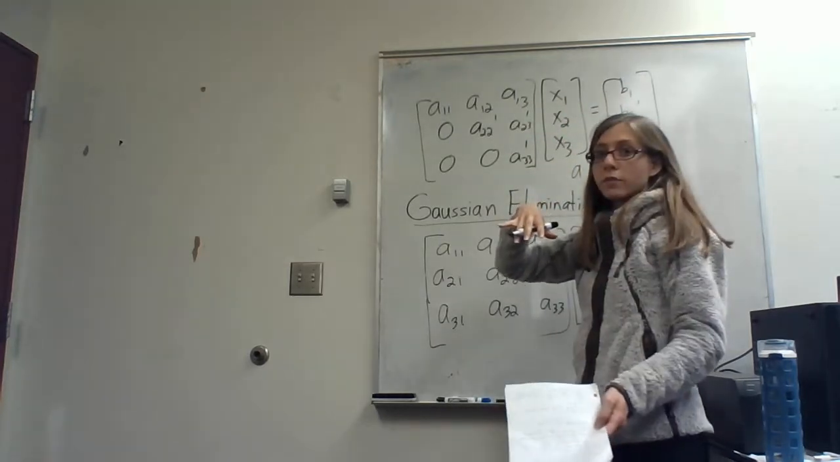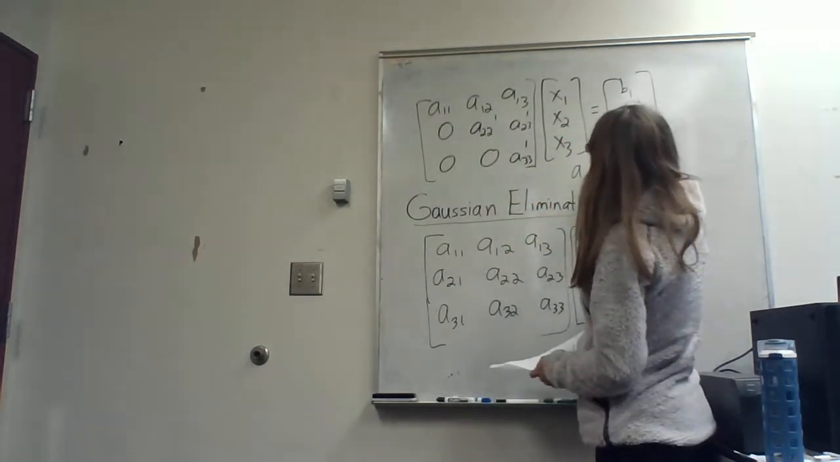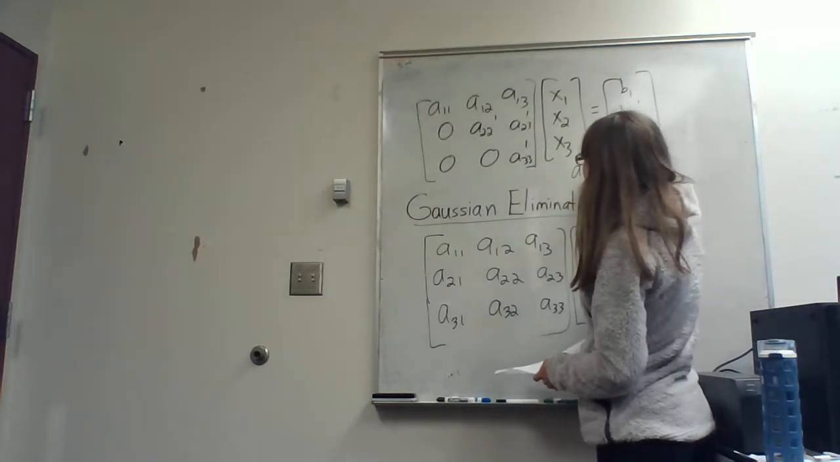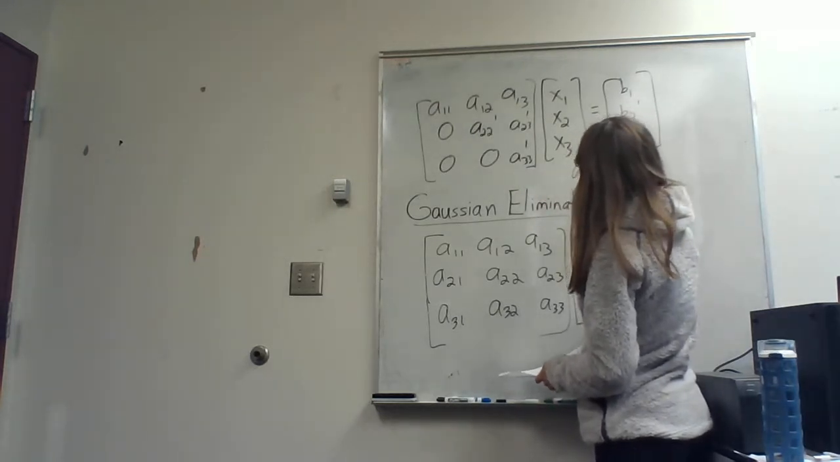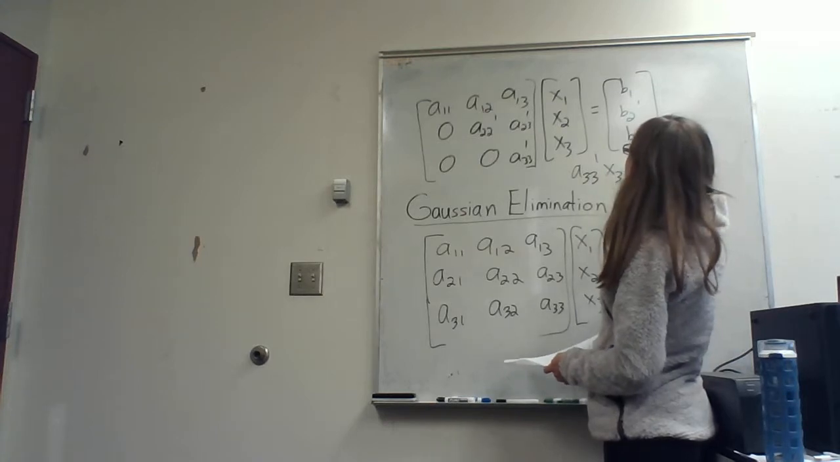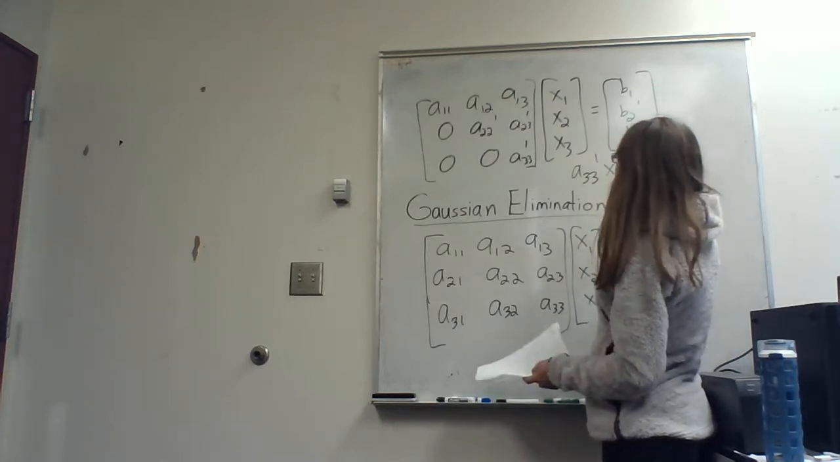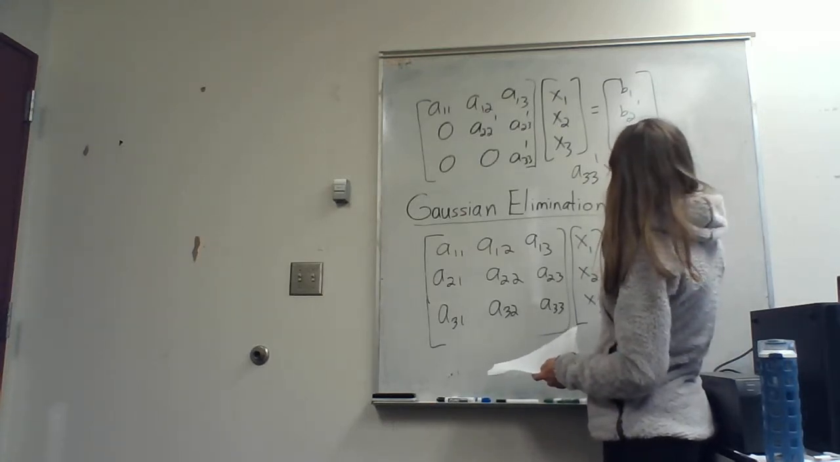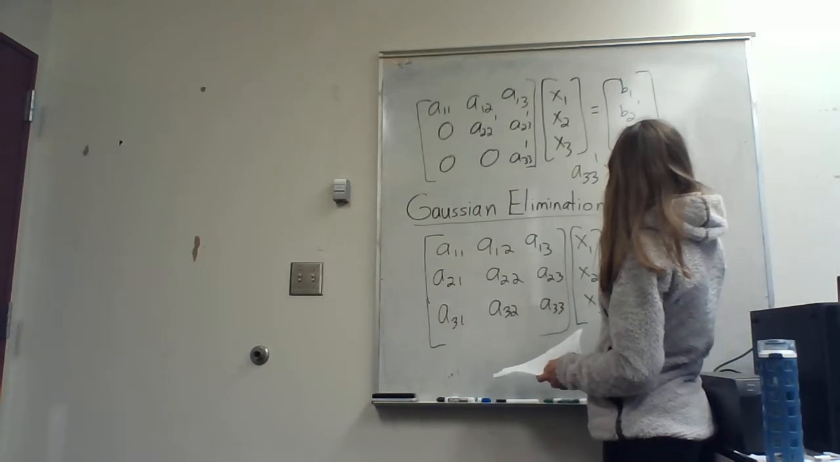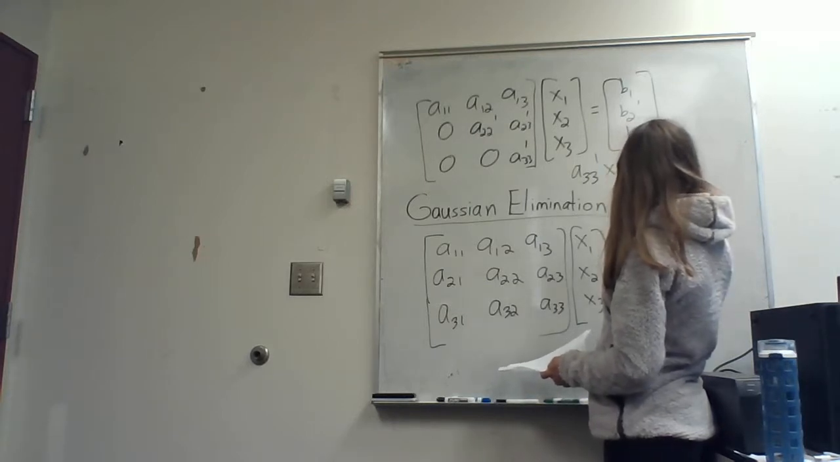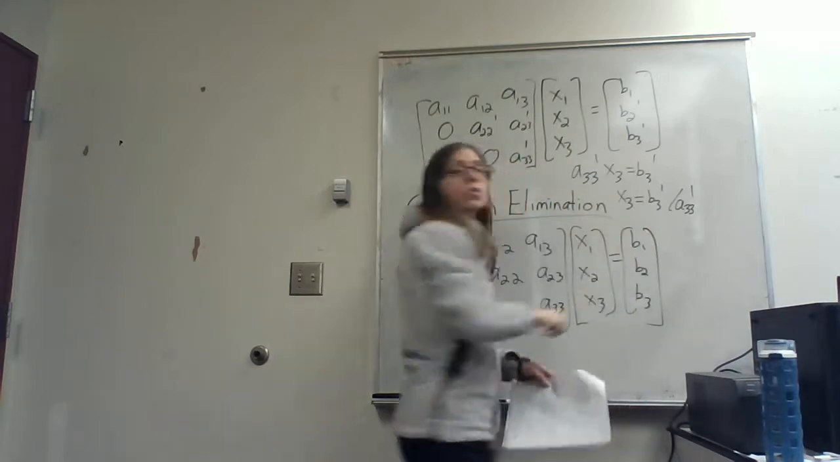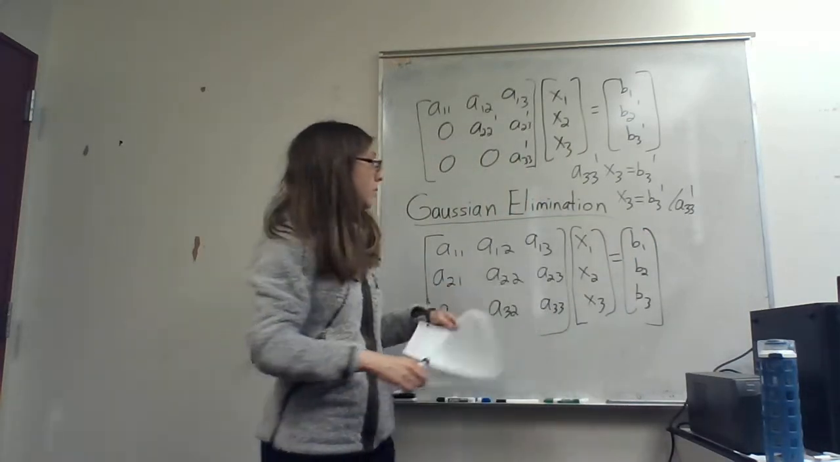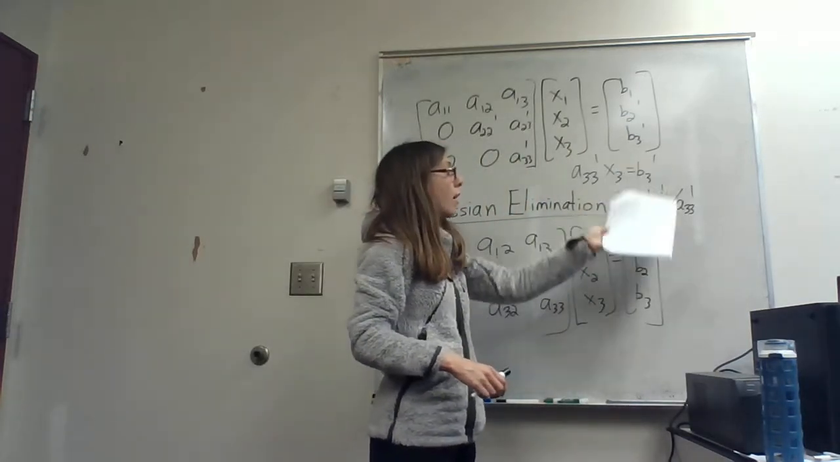They all have to be satisfied at one time. So what this really says is you're trying to get it to the point where you get A33 prime x3 is equal to B3 prime. And then you say, oh, I'm so happy because now I was able to get x3 explicitly. So you can see right here, I got it in terms of the B3 prime and the A33